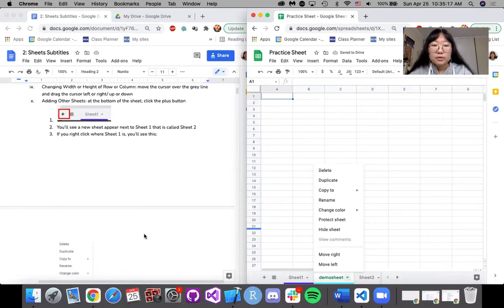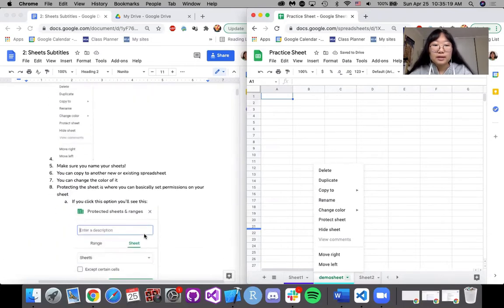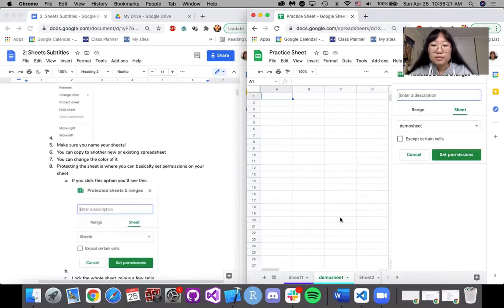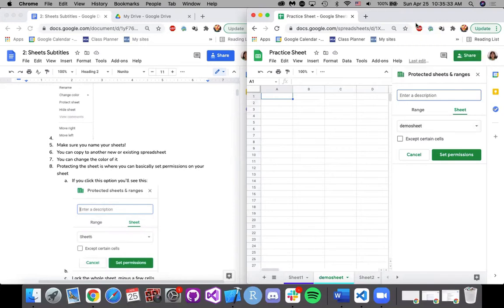And you can also do something called protect the sheet. So that means that, I think Vivian might have also covered this in her part, but what protecting ranges or sheets lets you do is it prevents certain people from accessing, but like actually being able to see the data that's in that range and sheet. So let's say for my description,